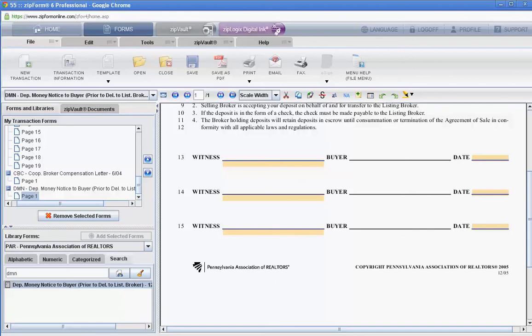Now, please note, people have asked me, there is no way to import PDFs that you normally use. If it's not a standard PAR form, you're not going to be able to import it into ZipForms and use it that way. An example is the North Mountain Settlement Services disclosure. You cannot import that into ZipForms and make that part of this template. So that's unfortunate, but that is the limitation that it has. So we've completed our template for a buyer transaction. We're going to click Save,